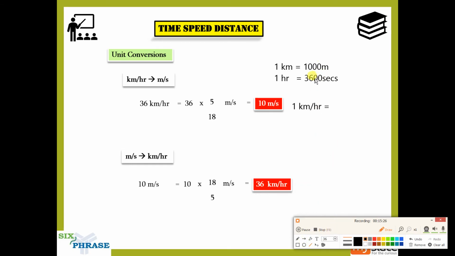Correct. Now, these two zeros you can cancel, these two zeros you can cancel. You are left with 10 by 36. What is 10 by 36? 5 by 18. So 1 kilometer per hour is equal to 5 by 18 meters per second. So if 1 kilometer per hour is 5 by 18 meters per second, then 36 kilometers per hour is 36 into 5 by 18 meters per second. Correct? So you understand how this formula came about? The opposite of this is 18 by 5. If you remember it like this, you will never forget it. 1000, 3600, so obviously it's going to be 5 by 18.